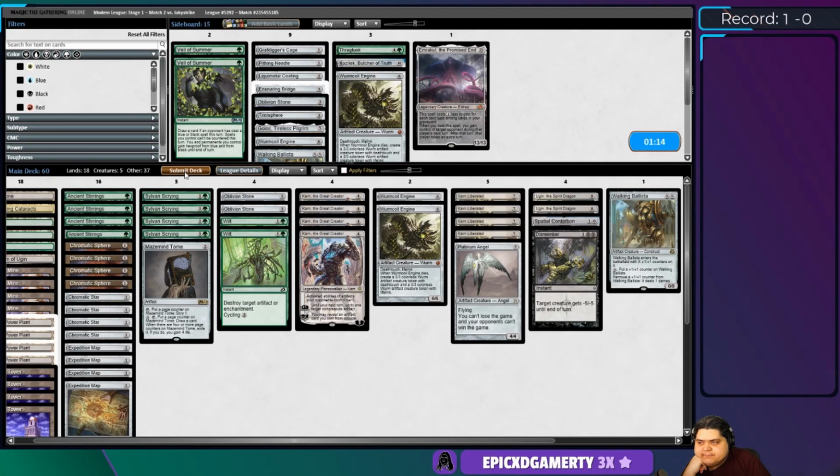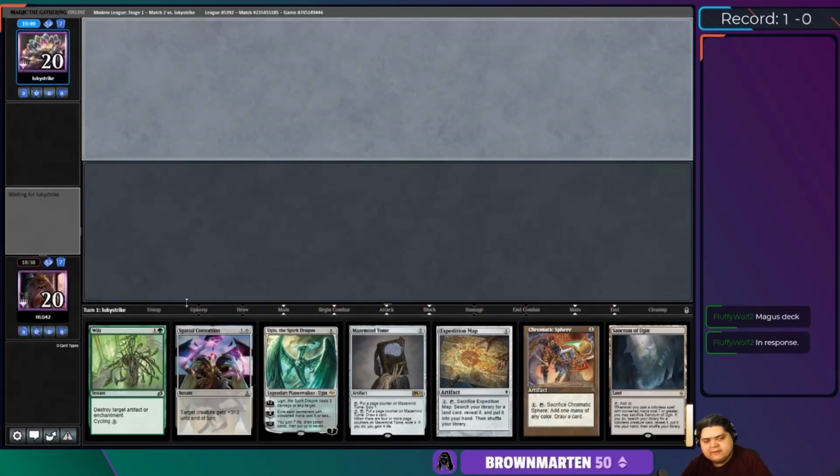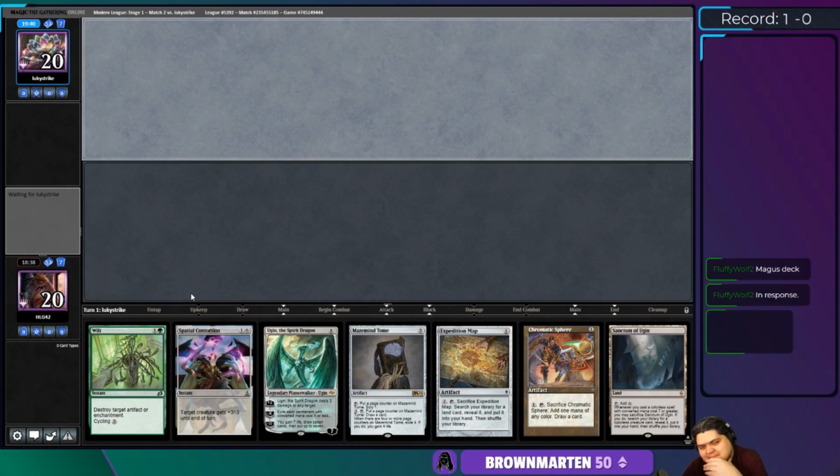That'll work. Yep, we need our Wilts to take care of the actual Blood Moon. Then we need a creature removal to take care of not actual Blood Moon. Interesting. So, like...